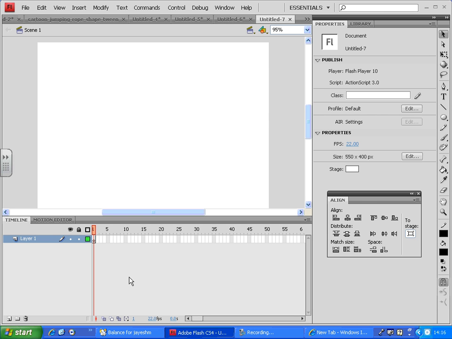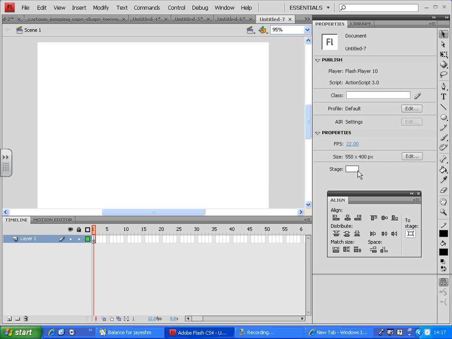Now what symbols do is they will group your drawings or objects on the stage. And the one specific symbol, which is the movie clip, will allow you to do animations inside that symbol. Let me show you an example of a static symbol, and then we'll go for animations. For example, I have nothing on the stage right now and I want to create a very simple graphic